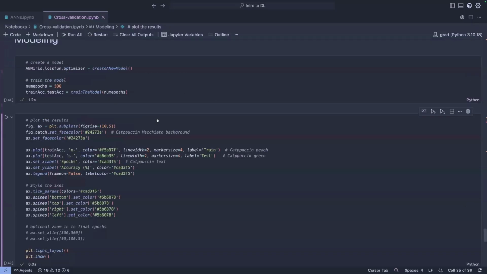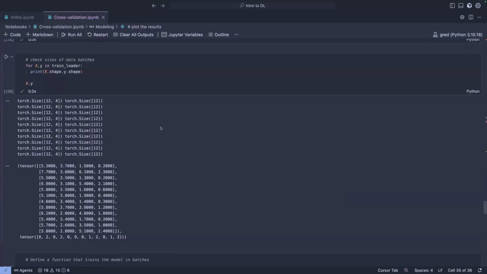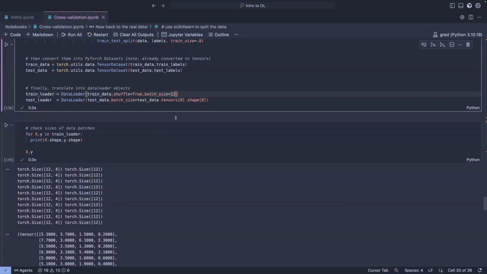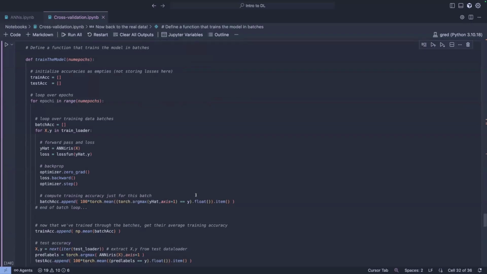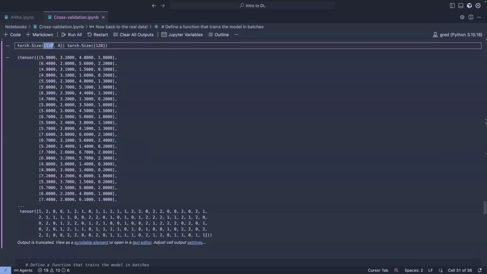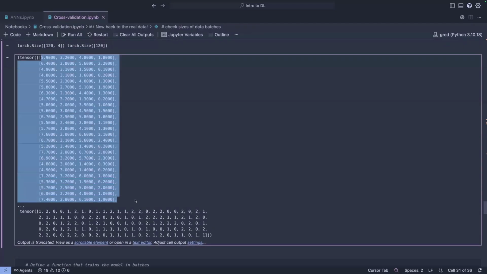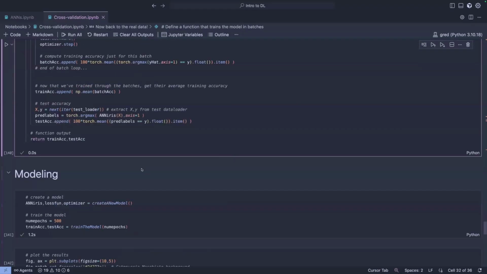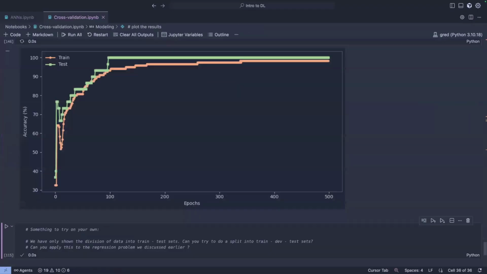If you would like to see how this compares without batches, we can go back to here and, instead of setting the batch size to 12, we can just use the train data. Basically, you have as many examples per batch as the train data. So once we run this, you see now it looks very different. Now everything is in the same batch, so we have a single batch. It's the same dimension as the training data, which is 120 by 4. So all the training data, all the labels, and now this is already defined. We just create the model and train.